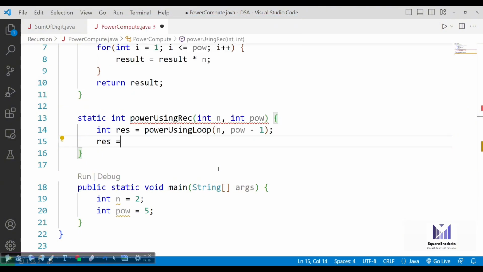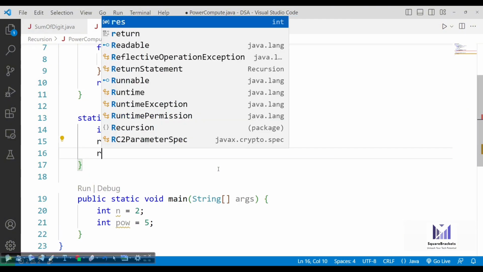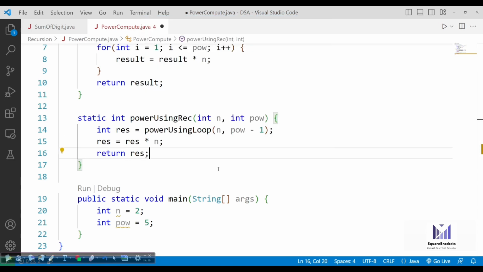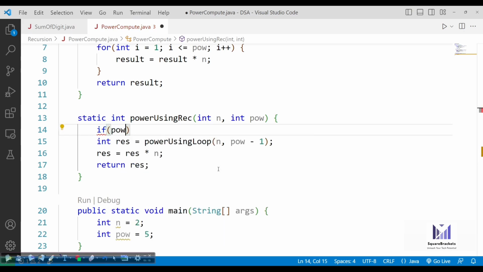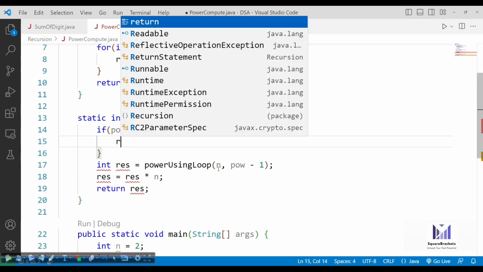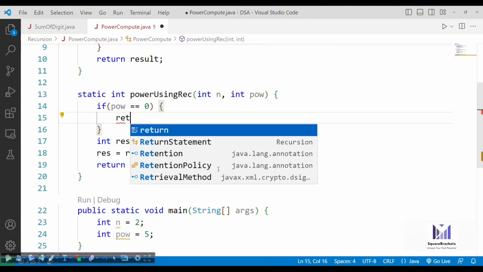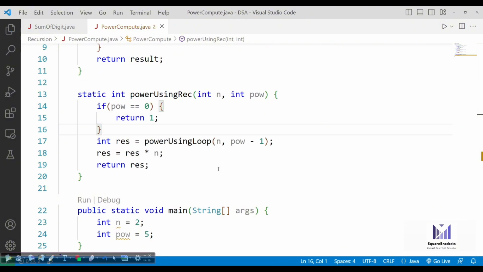And then result equals result into number. And then you can return the result. This is the exact same logic that you have to write for recursion. We just have to add the base case as well. If I write the base case that when power becomes 0, you can directly return 1.